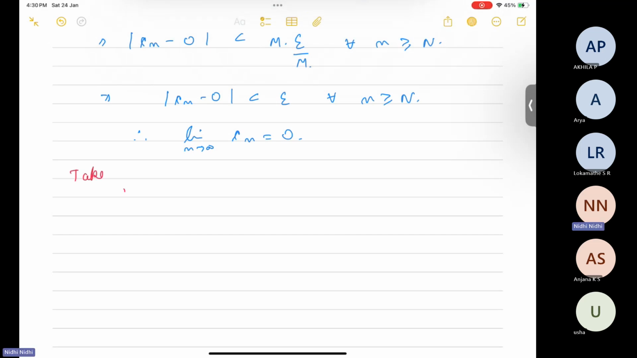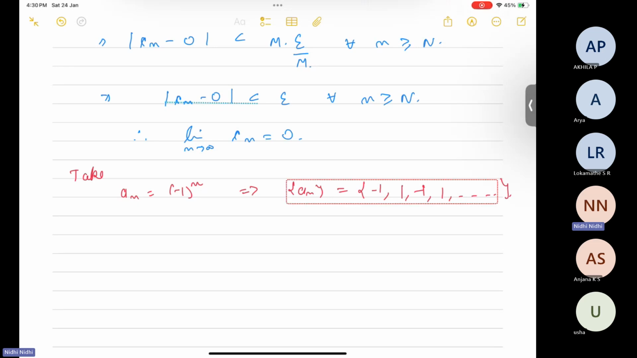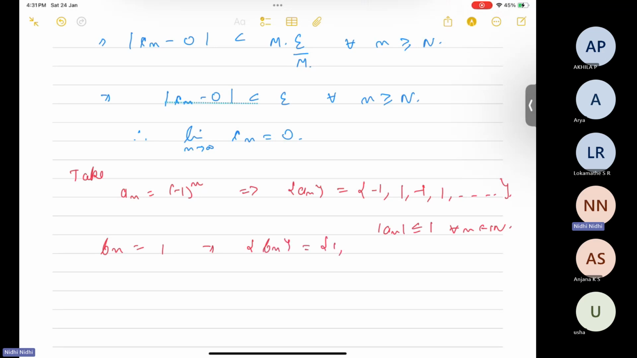Take the sequence an to be minus 1 to the power n. So basically the terms will be just minus 1, 1, minus 1, 1, and so on. Clearly this sequence is bounded. All the terms are less than or equal to 1. Mod an is less than or equal to 1 for every n in N. That means an is a bounded sequence. Now if I take bn to be the constant 1, we know that constant sequences are always convergent, as we had proved earlier also. The sequence bn is convergent and it is converging to